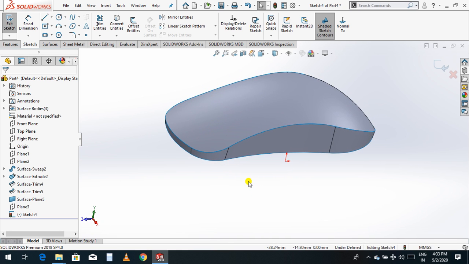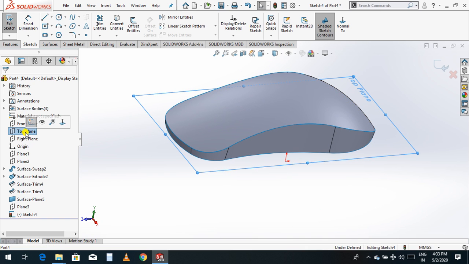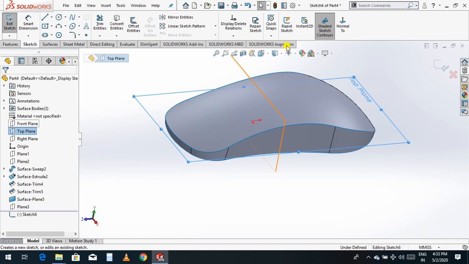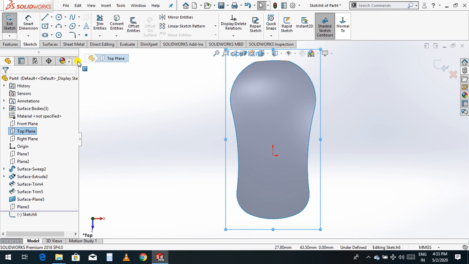Now go to top plane, sketch, top plane, sketch, normal, and choose one straight slot.